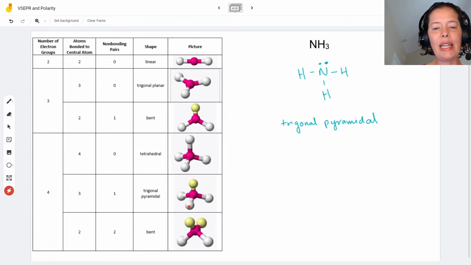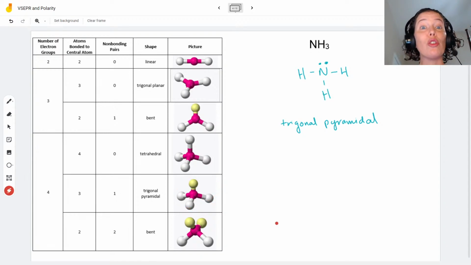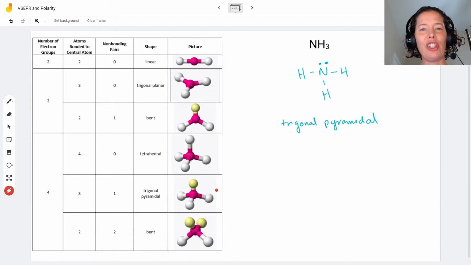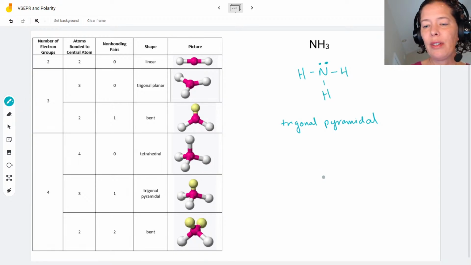All right, and the table again gives us a nice computer-generated 3D structure. And you can see again, my Lewis structure and the actual molecular geometry are not matching up that great. So I am going to try and draw this a little closer to this 3D shape. Now remember, this yellow guy up here is the non-bonding pair. I know it can kind of look like an atom, but it's not an atom. So we've got nitrogen, and I'm going to kind of squash these hydrogens down a bit